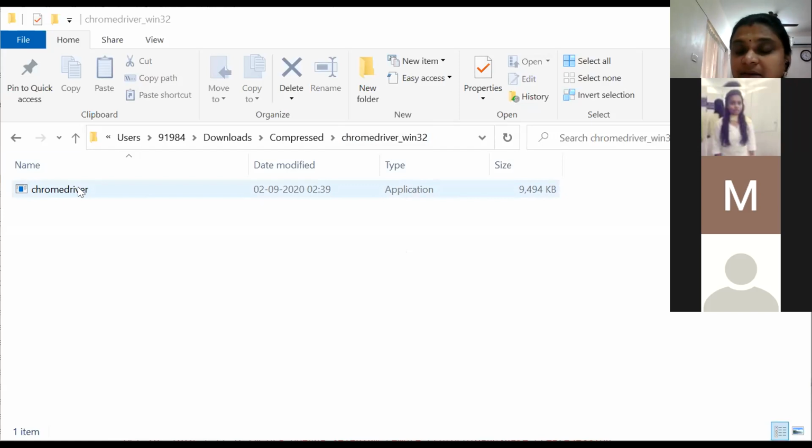That exe path. If you are using Firefox driver, whatever, get that downloaded. I'll share that link which has all the installation steps. Only these things you have to install. You have to have your Java setup done. Use your Eclipse for Java, and then Selenium is important. Export all those jar files to this, then they'll be functional. This is important. Whichever browser you want to invoke, the respective driver you have to download. That has all steps other than this driver installation that I can send as a separate document.